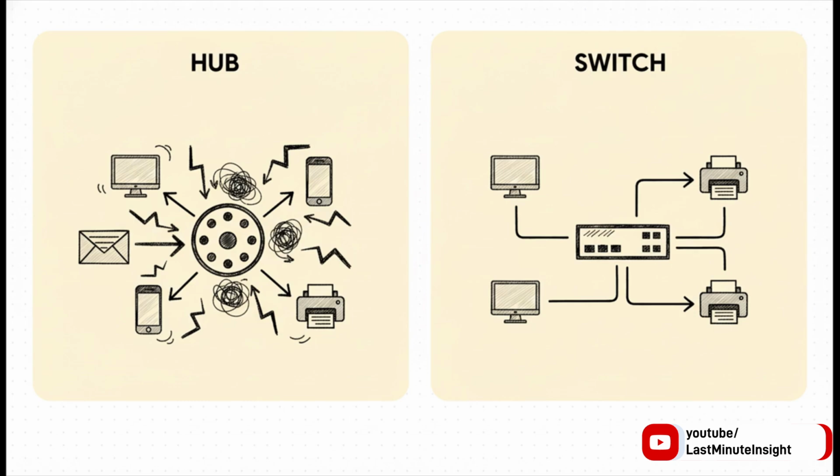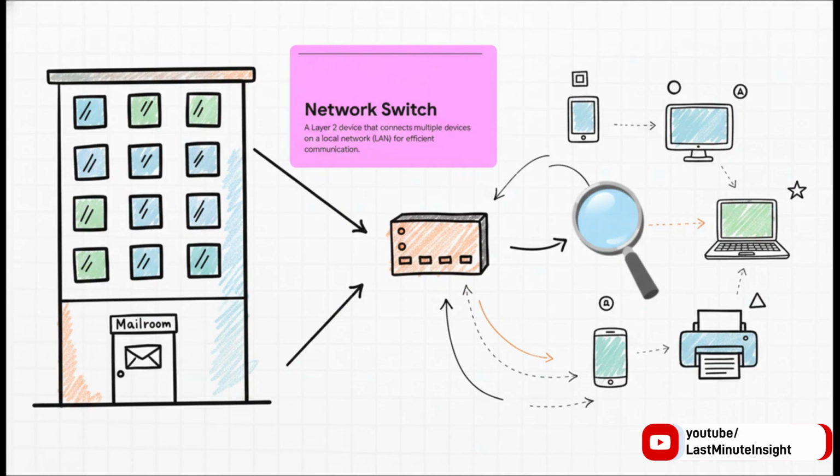Thankfully, we got a lot smarter and upgraded to the switch, which is more like a quiet, efficient, and very discreet butler. So yeah, the switch is like the mailroom in an office building. It's the thing that connects all the devices in one building, your local network. And when a piece of mail comes in, it looks at that permanent MAC address we just mentioned, the name on the letter, and delivers it directly and only to the correct desk. It's super fast, super efficient, and it operates at what we call layer 2, which is all about these local